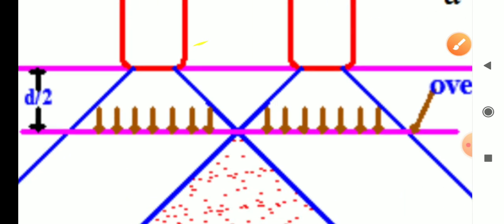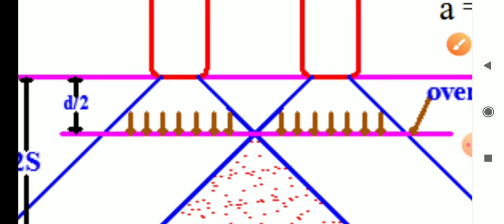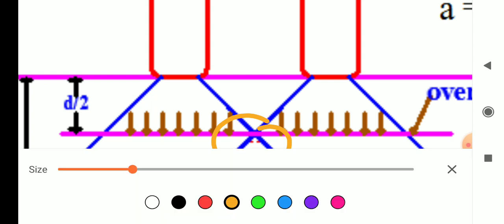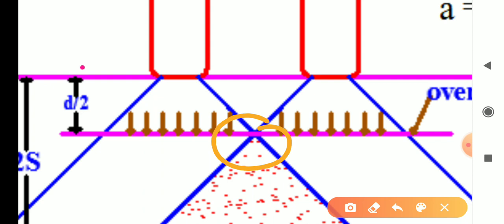So see, this is the d by 2. So that means two stresses will be developed, but in these two stresses developing, at some point they should overlap. So this is called the overlap point. That overlap point should be considered as d by 2. That is very important, d by 2, at the overlap point.